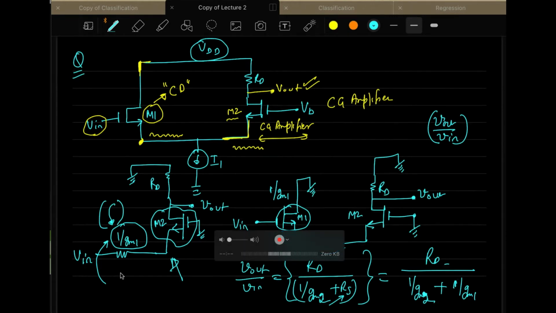So any questions here regarding this particular circuit? Okay, so if there are no questions,